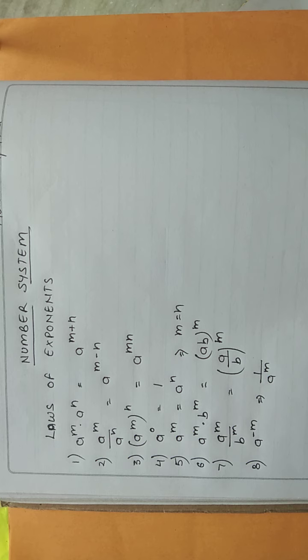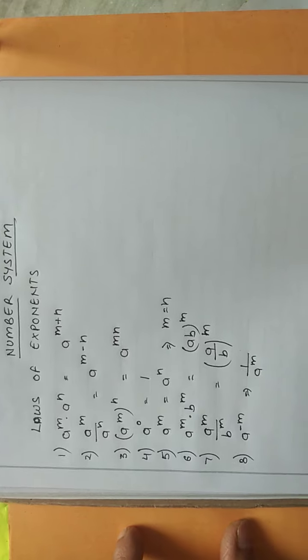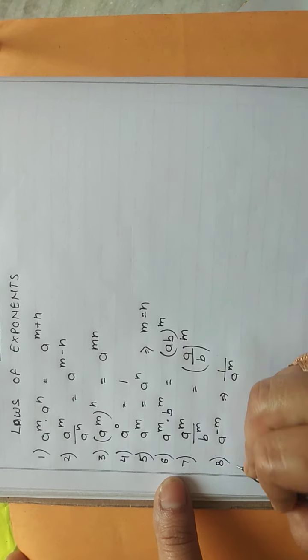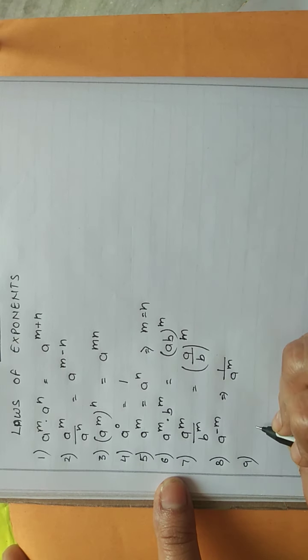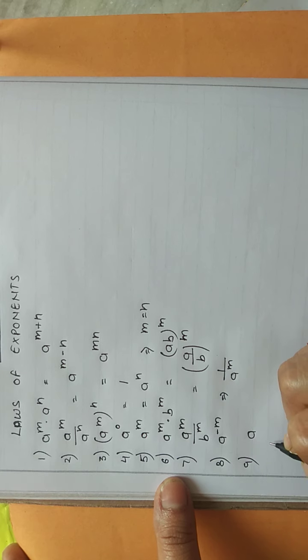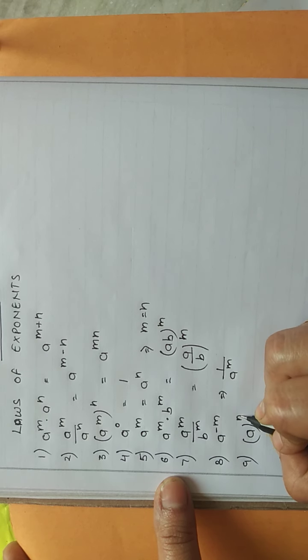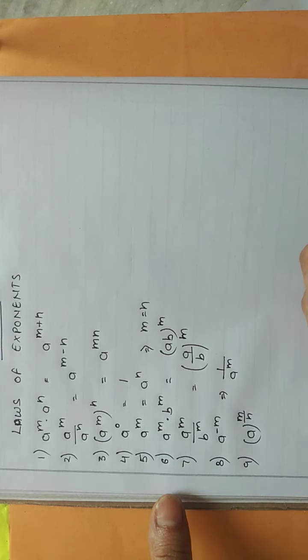So these are the rules we have discussed in the previous classes also. Now one more rule is there that is related to the real number. You can say it is related with the real number also. So what we are saying? We are saying that we have a number a to the power m upon n.